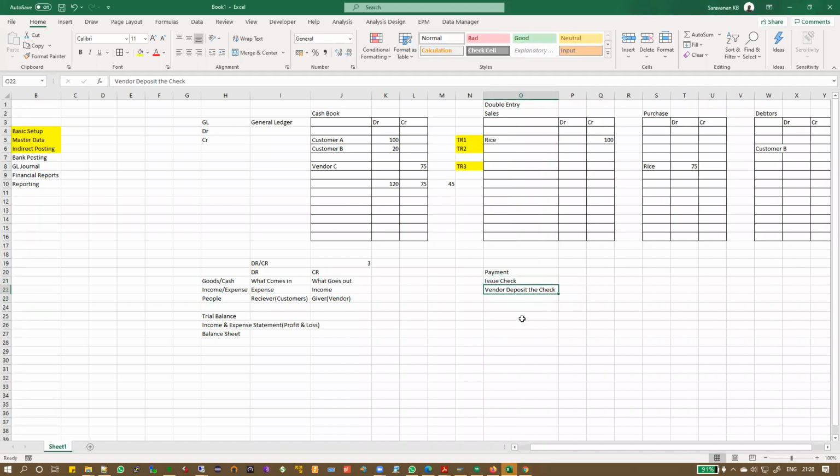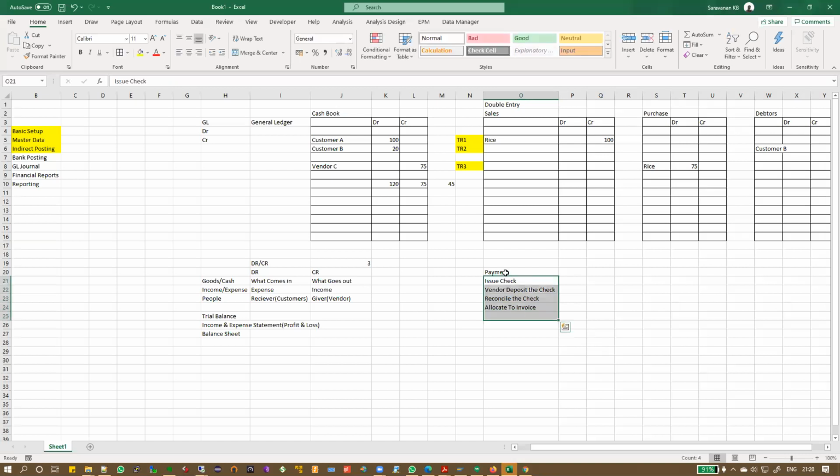You issue the check. Vendor will deposit the check. Then you will reconcile the check. So technically there are 3 steps involved in a single window. A lot of you will not realize this, but this is how actual accountants work. It's not that when you make a payment, you immediately make a payment entry. You make only a check entry. Then somebody will take the check and deposit it in the bank. Then you will reconcile the check entry, and only once it is reconciled, you will allocate to either invoice or credit note. So for what do you make the payment? That's what the allocation is about.